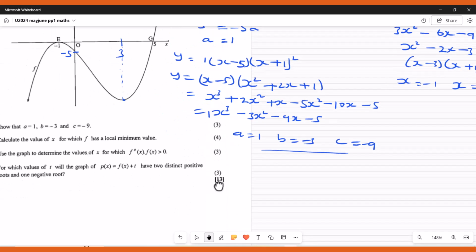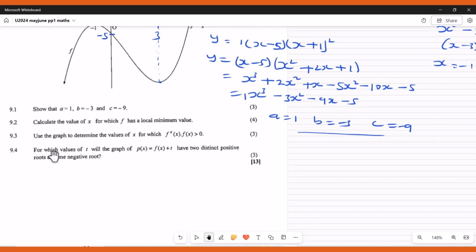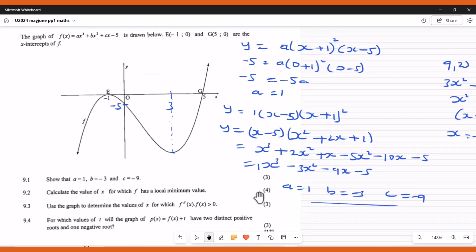Let's check it out. They say here to use the graph to determine the values of x for which f second derivative times f of x is greater than 0. In this particular case, I want you to note that if our function is of this shape, which you see here given to us,